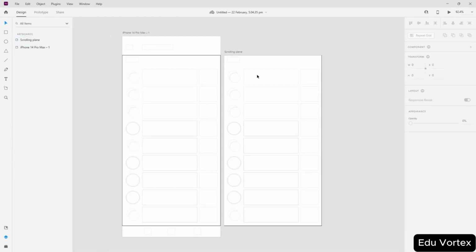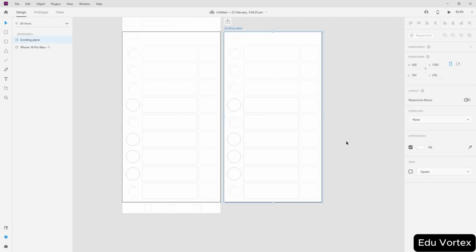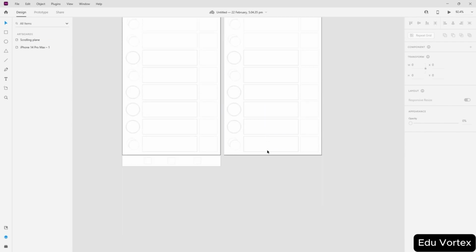Now for this segment, you can also select the artboard and expand it much farther below to add more things or UI design elements in it. So underneath the scrolling plane over here, you have the scrolling. As you can see here, you can set that to vertical. So what that basically means is, if you were to select this and expand this much farther,